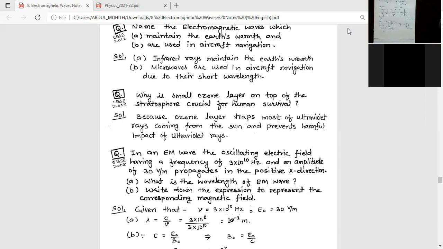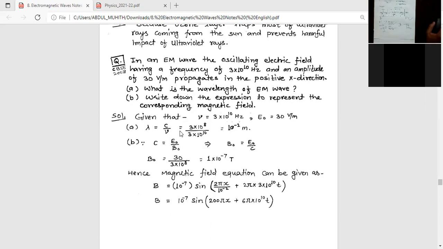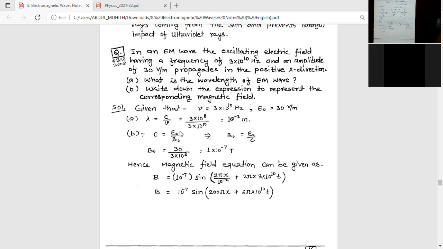Why is the ozone layer on the top of the stratosphere crucial for human survival? Because it protects us from harmful electromagnetic waves. It filters electromagnetic waves. Next, the third one. In an electromagnetic wave, the oscillating electric field has a given frequency and a given amplitude in the positive x direction. What is the wavelength of the electromagnetic wave? Write down the expression to represent the